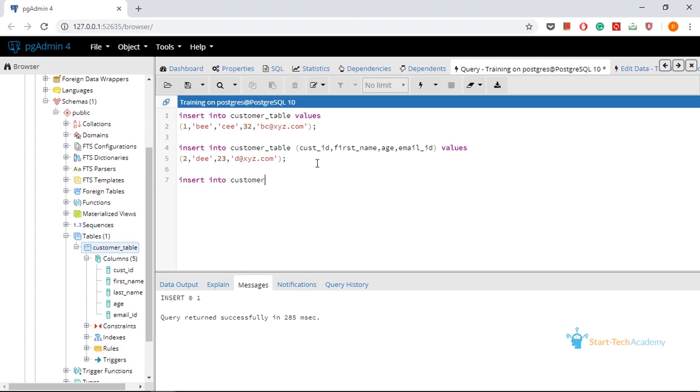You know the syntax. Try to beat me in typing this query. Insert into customer table values. So this is the first record with ID 3, name E, surname F, age 27,